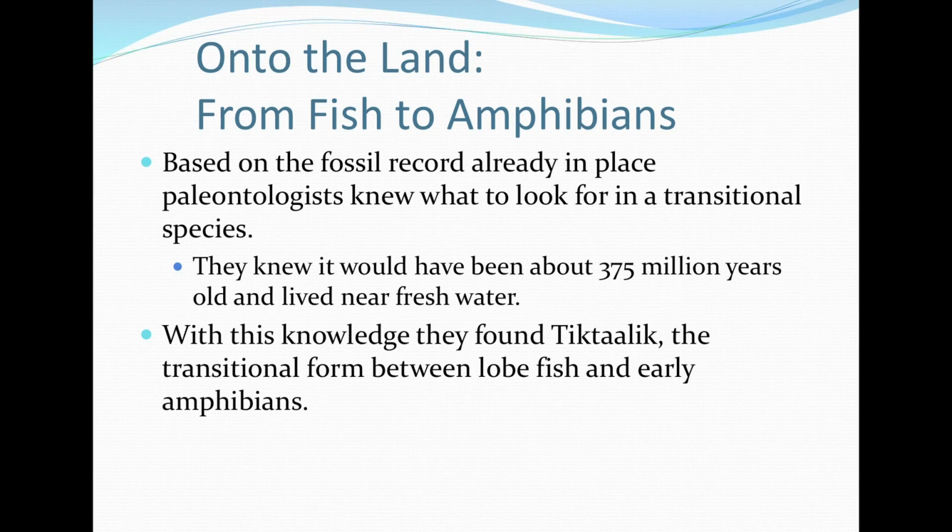Due to the already existing fossil record, paleontologists knew what to look for in a transitional species. They knew the transitional form would be about 375 million years old and would live near fresh water. Armed with this information, paleontologists went into the field and discovered Tiktaalik, the transitional form between lobe-finned fish and early